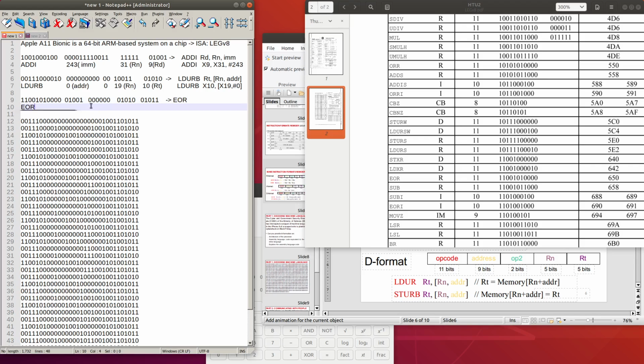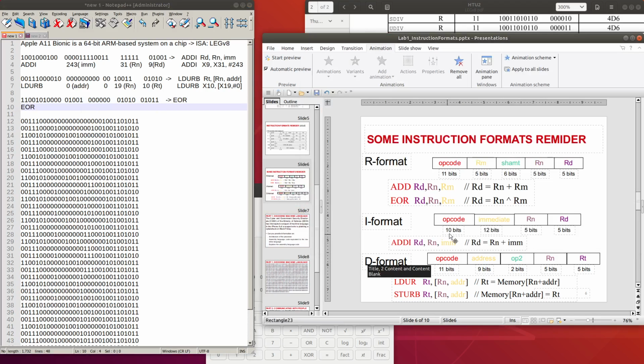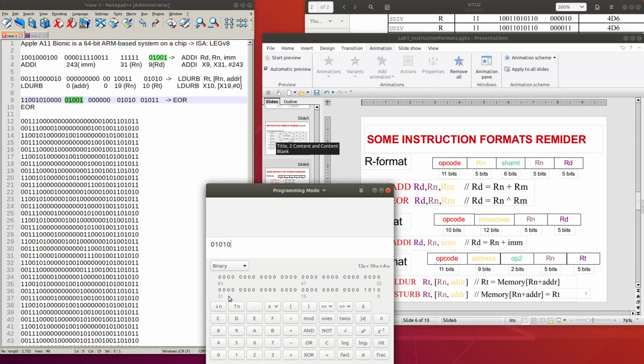and look at this, we know that this 5-bit RM. The value of this RM is 9.